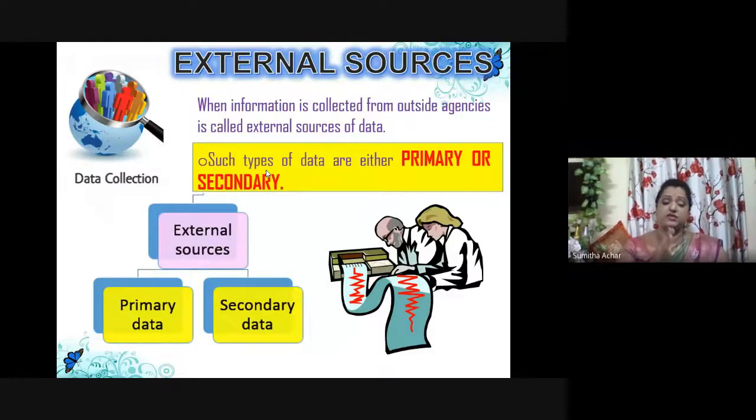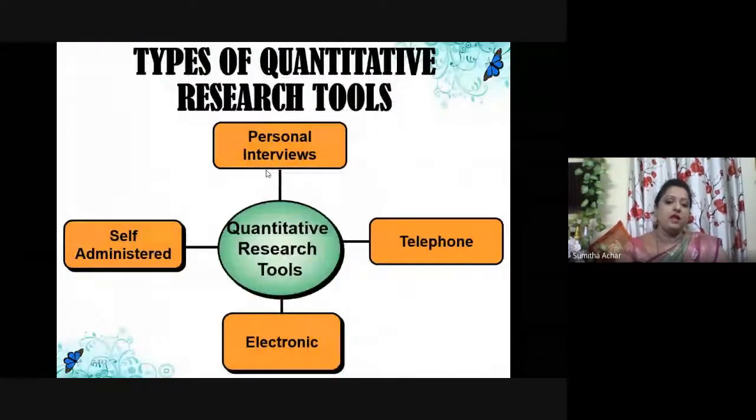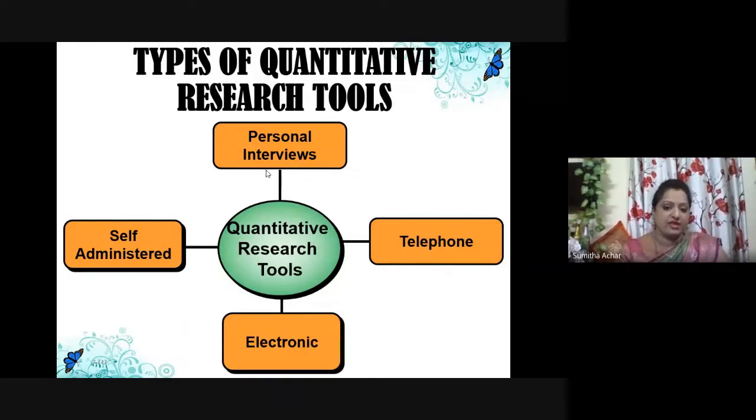So my focus will be under primary data, a quantitative type of data collection and the qualitative tools used for the collections, right? So I'm segregating my study into quantitative research tools. That is, again, primary data collection. Under primary data, in case you want to collect data which deals with numerical values, then what are the tools that can be used for the research, right?